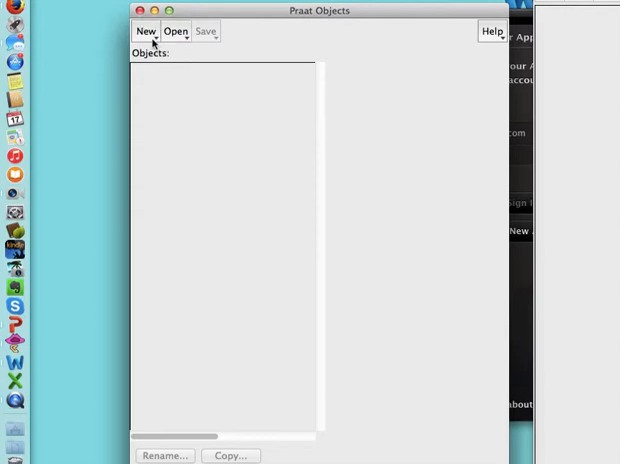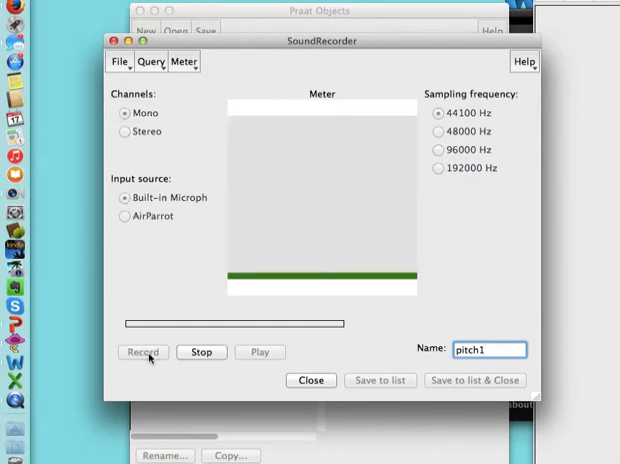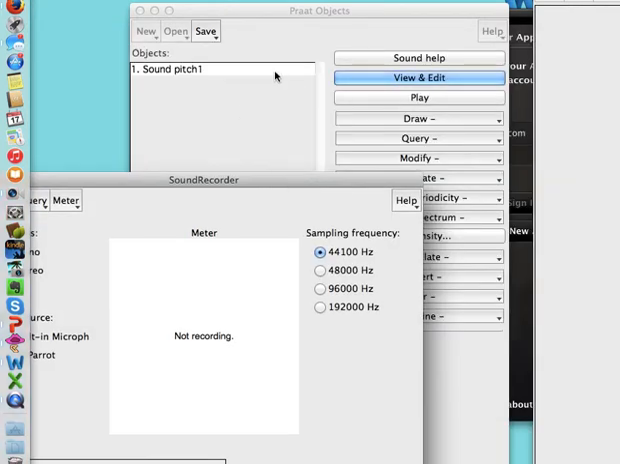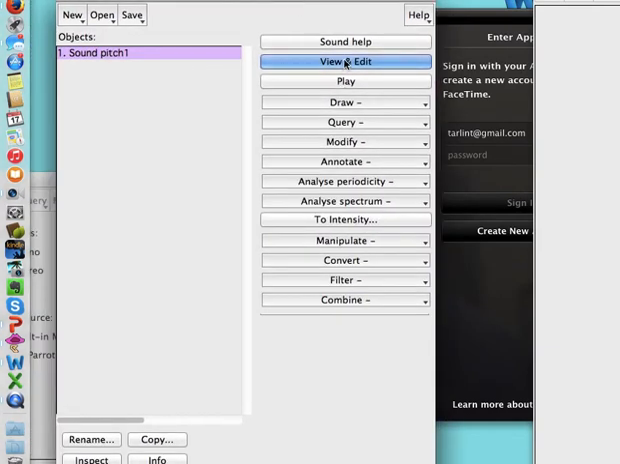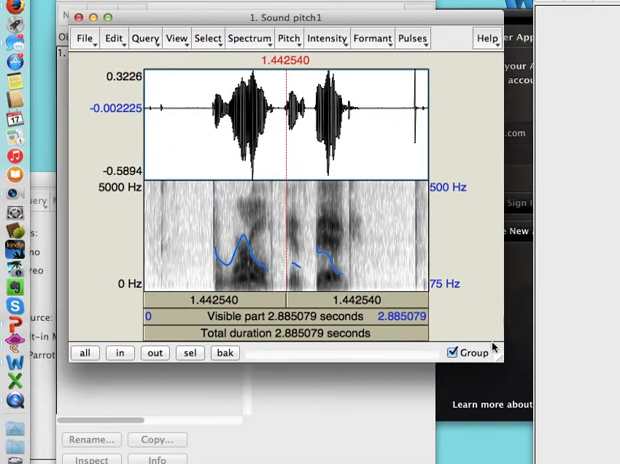So I'm going to record my first sample here. I'm going to call this pitch 1. The world is big. Then I have to save it to be able to see the analysis of it. And then I go here to my sound pitch, and to be able to open up my spectrogram, I'm going to view and edit, and it'll demonstrate for me